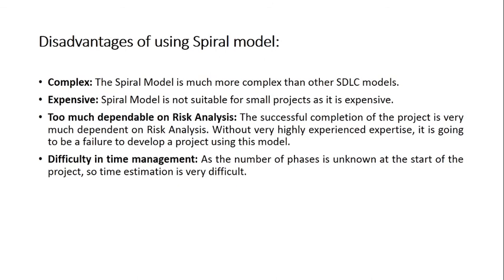But then disadvantages, right? It's a complex model. It's not so simple because it has certain contradictory things, like though it has 4 quadrants, we say each iteration is relevant to a single phase, each spiral corresponds to a phase, but actually it doesn't happen, right? We don't have exact 7 phases. It's flexible. It might have 1 phase also, that is 1 spiral. It might have 100 spirals also, right? It's flexible, but yes, it's not so simple because risk management is a challenging task that has to be carefully carried out, because if anything goes wrong here, it may be very dangerous.